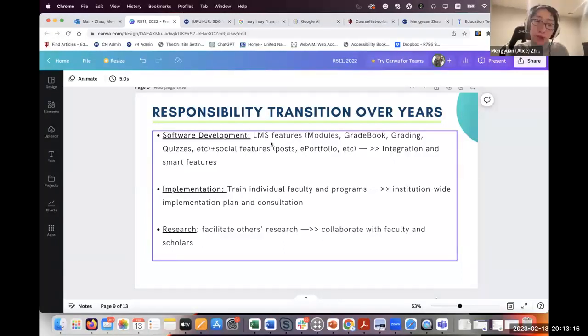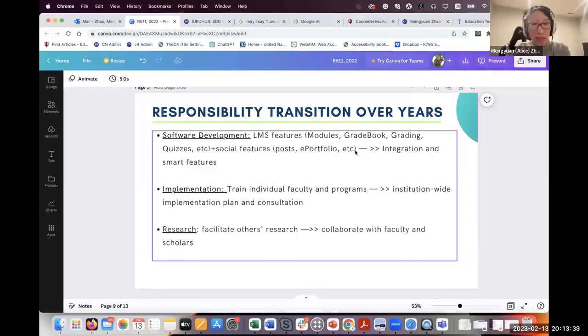The interface is not that easy, and we do not support annotation on student work. So one of our potential clients told us we must develop a speed grader and assignment submission annotation tools for teachers. So this is something right now we are developing.